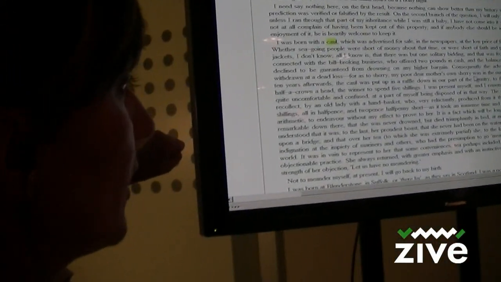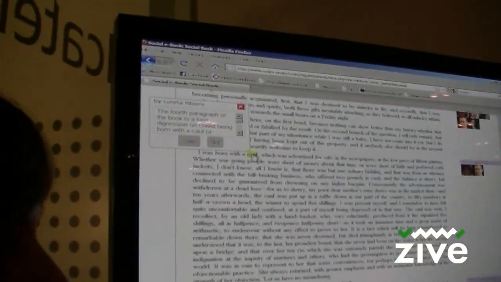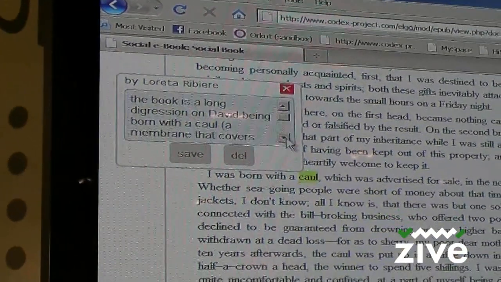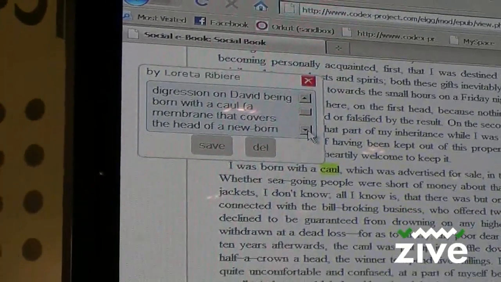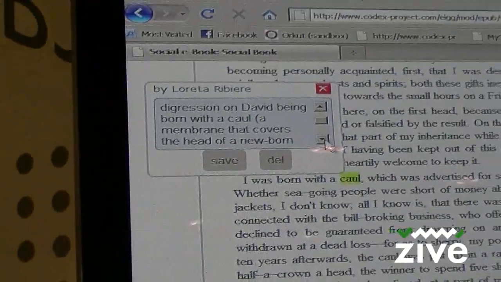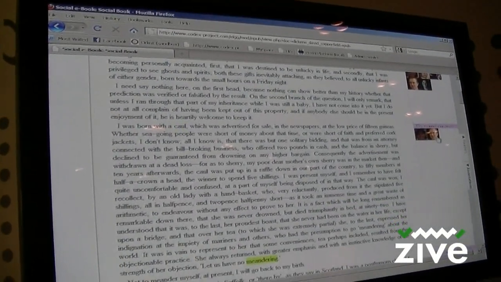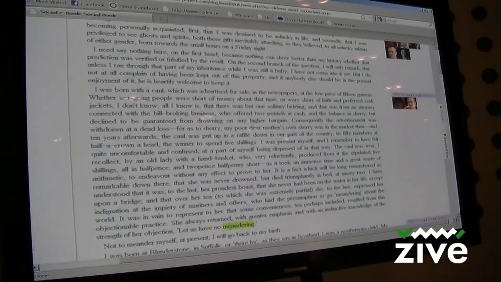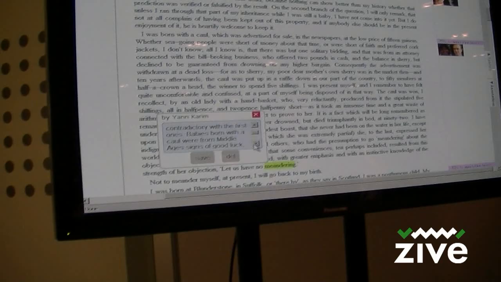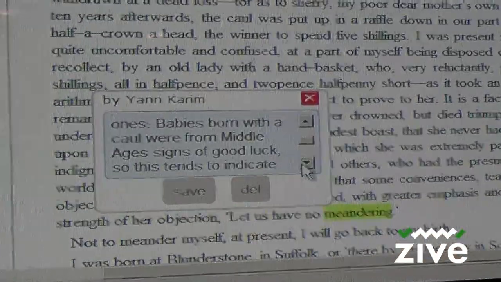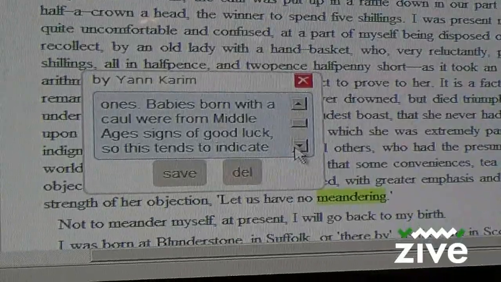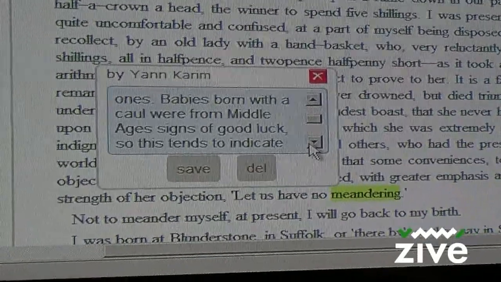Here there is Loretta. She puts an annotation on a caul. It was a problem for me, this term, and this explains that it is a membrane that covers the head of the newborn. So it gives me some elements of answers about this paragraph. And I have another annotation from Jan, and Jan here is telling that babies born with a caul in the Middle Ages is a sign of good luck. So this gives me some insight of what I can use for my homework about this analysis of this paragraph. And this person seems to be aware of Middle Age practices. So